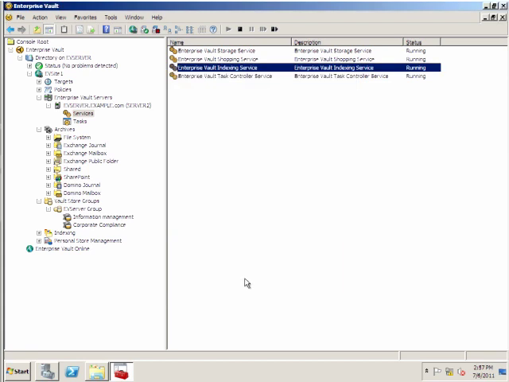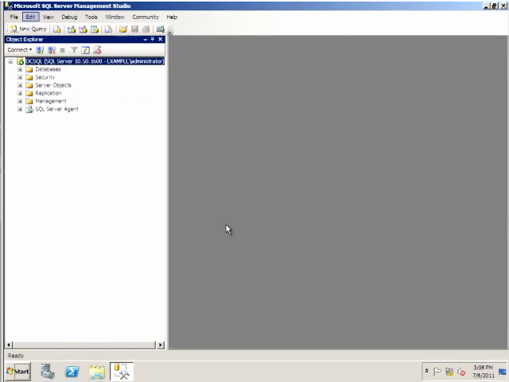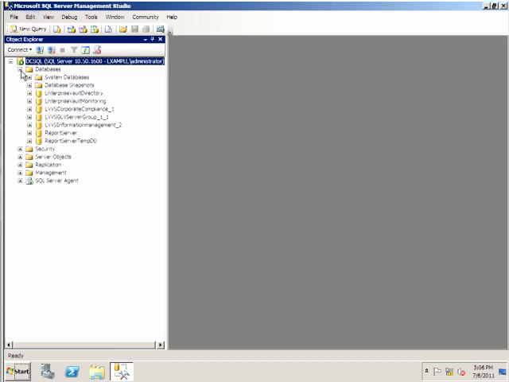And now what I want to do is go over onto the SQL server and look at where the database files are located on the SQL server for the databases that are used by Enterprise Vault. So I switch over to my SQL Server, and I've already opened up the Microsoft SQL Server Management Studio. I'll go ahead and expand my databases here. And we can see some of the databases that were in our list there. There's our EVVS Corporate Compliance _1, our EVVS Information Management _2, and here is our fingerprint database,